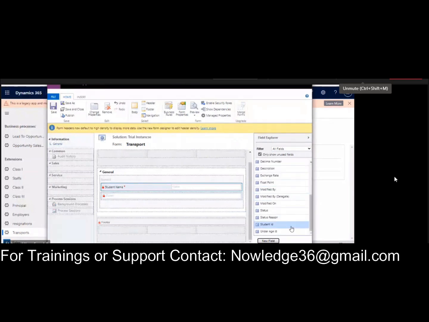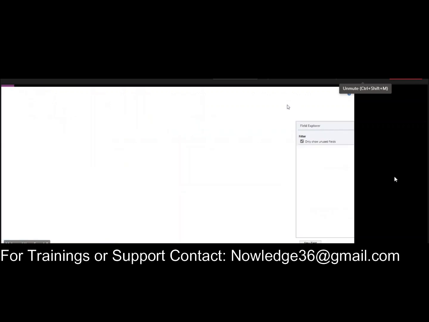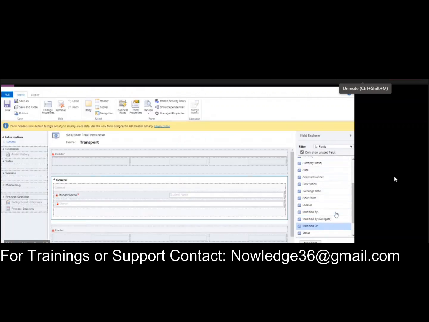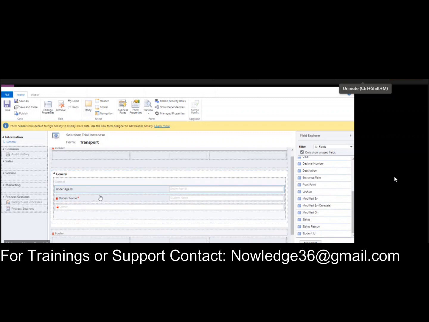Once you have created all the fields, just click save and refresh this page with F5 or function F5. Now you see all the fields are coming in the field explorer. This is a simple click and drag method.